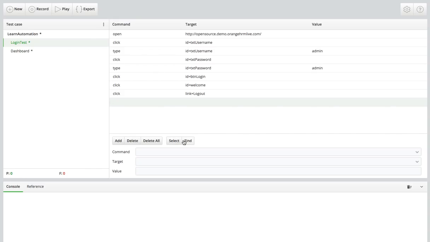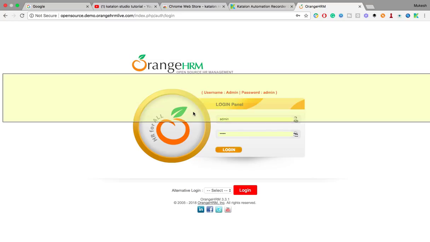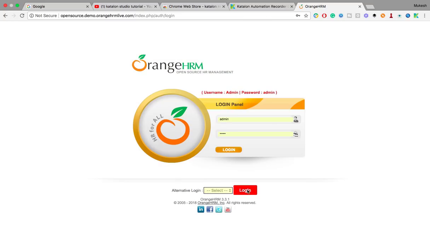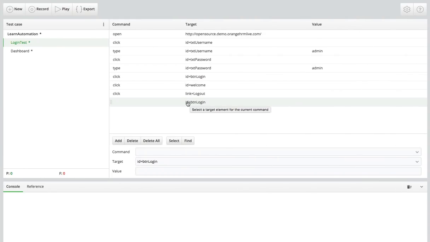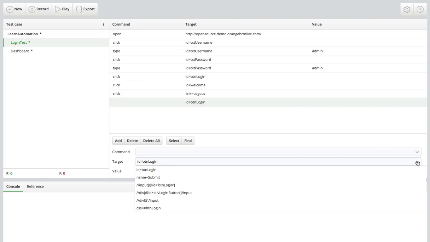Now you will also see two options, select and find. Let's say you want to find certain elements, so just click on select. It will redirect to this page. Now let's say I want to verify whether, after logout, this login page is coming or not. So I will just find this, hit enter, and automatically this target it will select. Now a very beautiful thing is, if you click here, you do not have only one option,